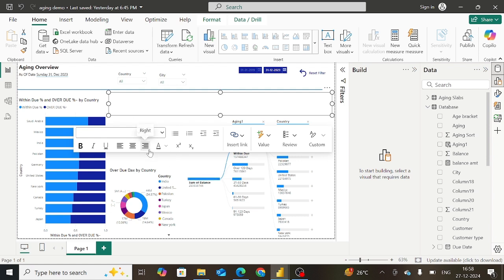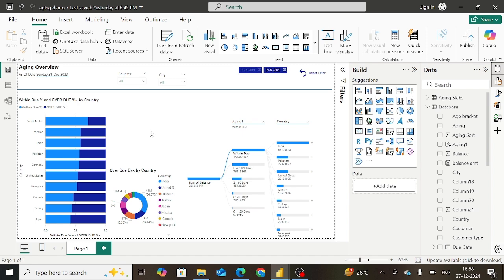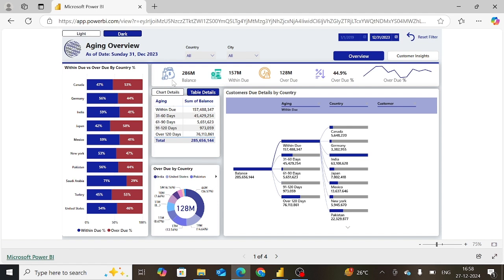After placing your text box, you can add cards and all these images. You can just copy paste them. This is the line chart. I will explain how to make the line chart, and these are the buttons. I will explain. So as you can see, now we are going to create this text box and these cards